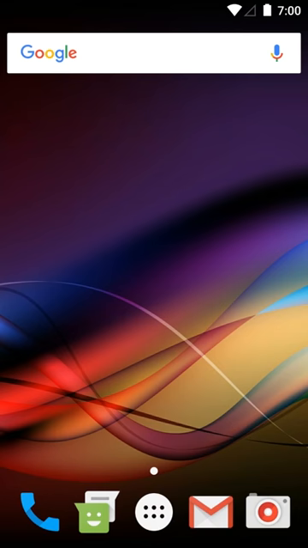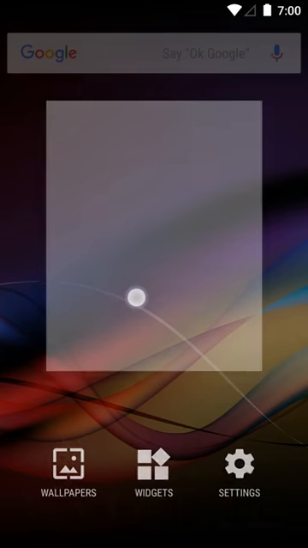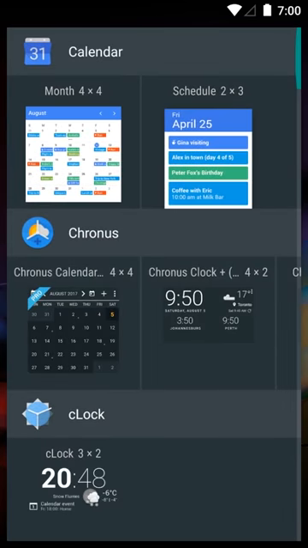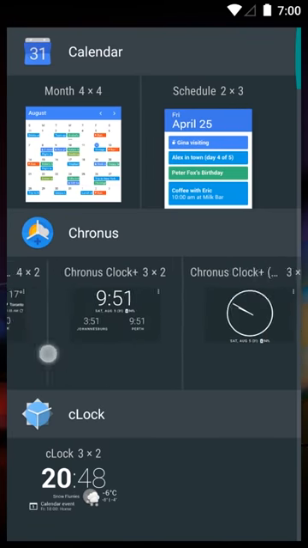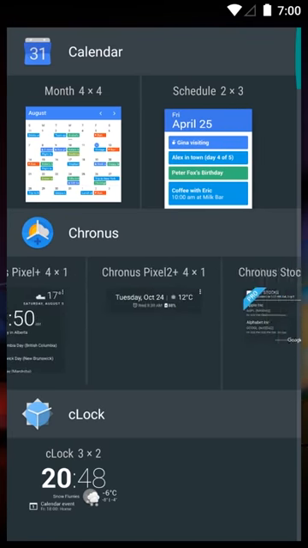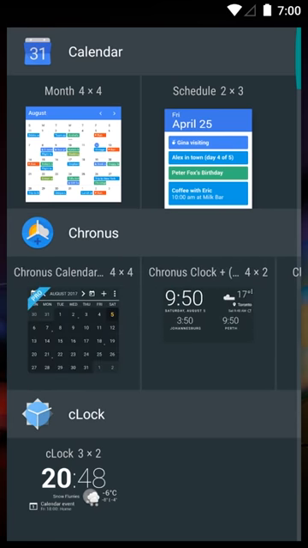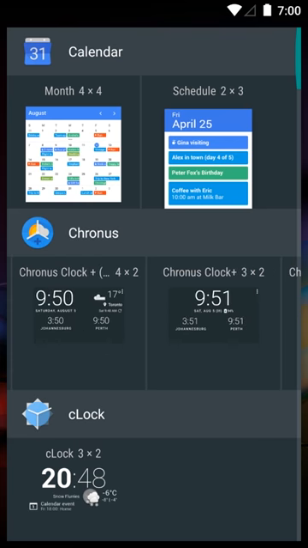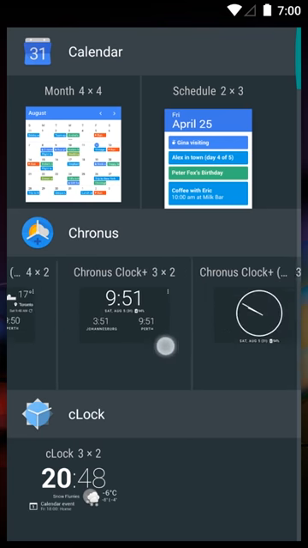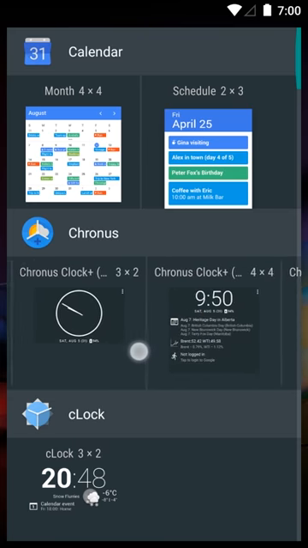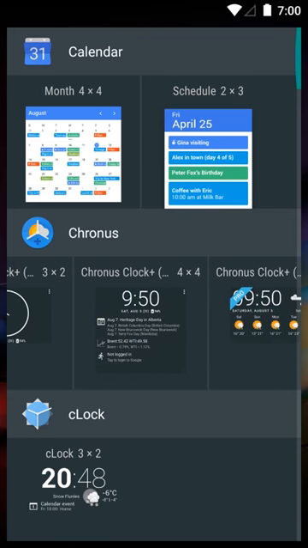Let's add a widget to the home screen. You do this by going to the home screen and long pressing on the home screen to get to the widget picker. Here you can select all kinds of widgets to add, and you'll notice the Chronus widgets are also listed. Chronus contains a large number of widgets, each one of them individually configurable. Calendar is a pro feature and gives you a month view, week view, or events view dedicated calendar widget. There are several Clock Plus widgets: Clock Plus Weather, Standard Clock Plus, Clock Plus Analog, the Clock Plus